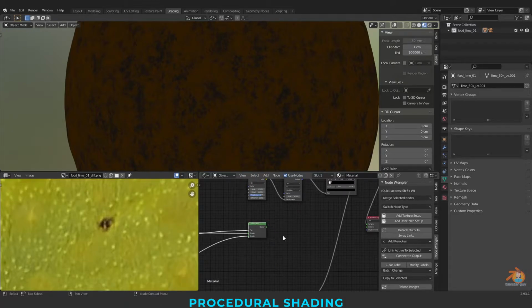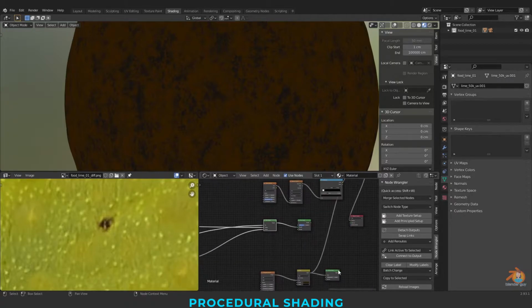And just copy, paste, and connecting this here, and connecting the diffuse,